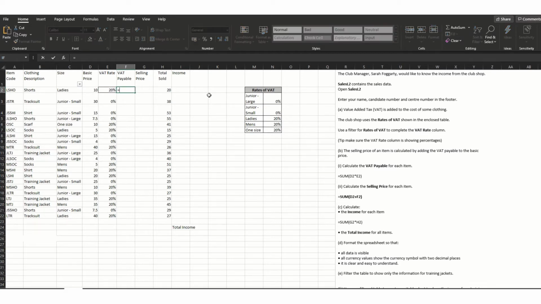So what we need to do is tell Excel to start working it out. With the percentage put in like this, all we need to do is the basic price multiplied by the VAT rate, and that gives us what our VAT payable is. So we've got £2 to pay. If I did not have that percentage part in there, and I just had 20 entered,